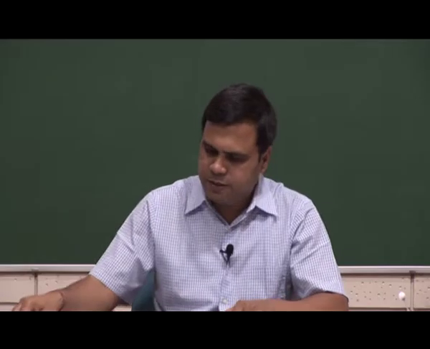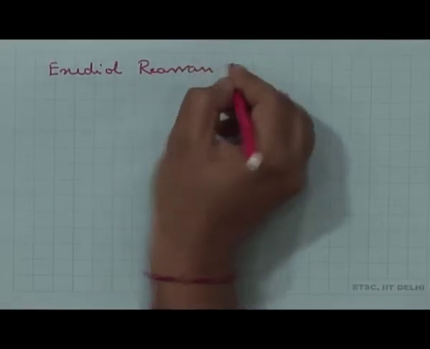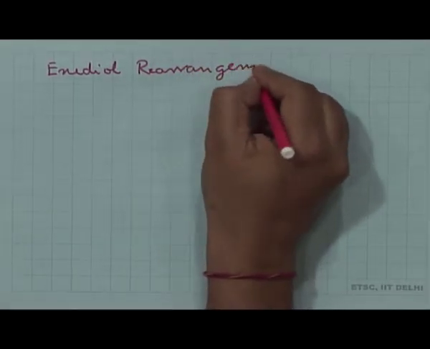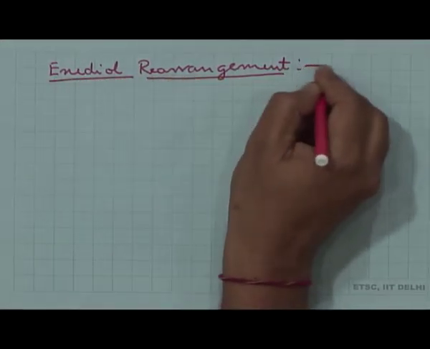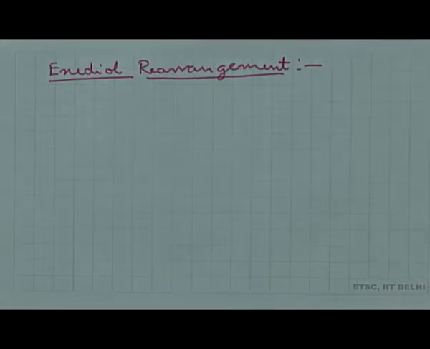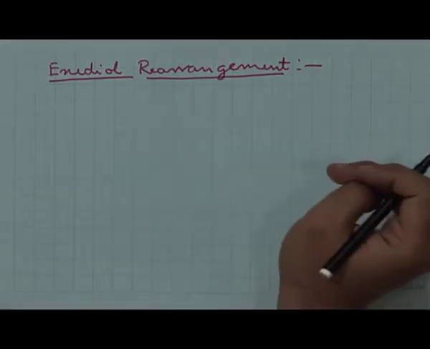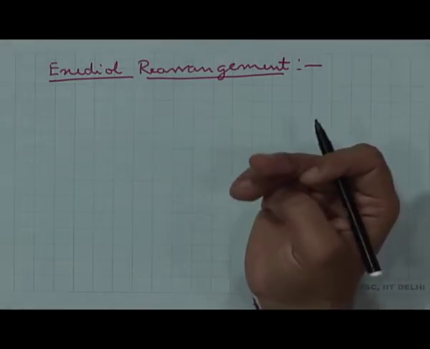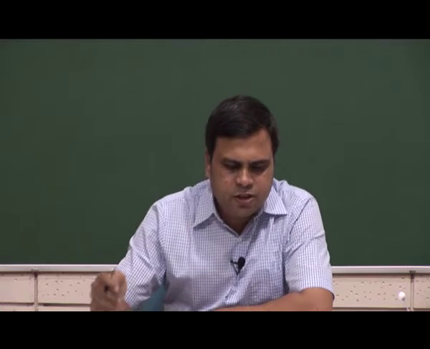So, let us discuss the enediol rearrangement. What happens during this process, the epimerization I just discussed, in addition to forming its C2 epimer